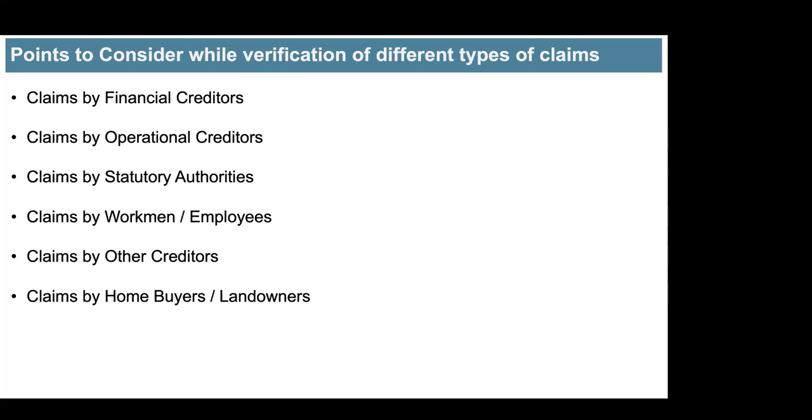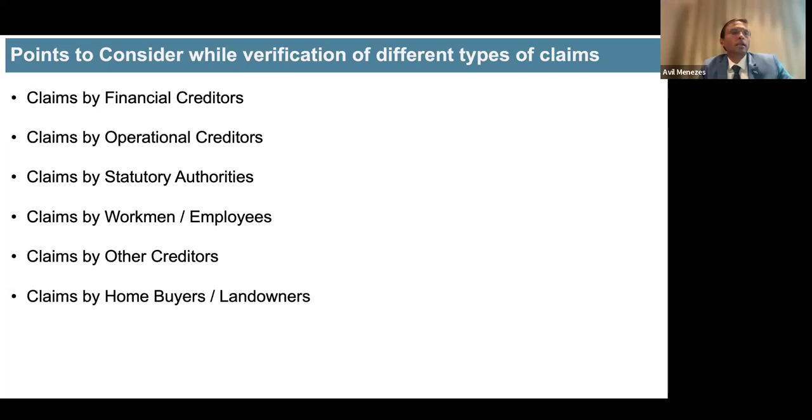Sir, so far as statutory authorities are concerned, like we just discussed, while adjudicating or collating the claim, there should be some documents. Suppose we have a demand notice with us, and the suspended board of directors of the corporate debtor are not available and not in a position to provide any documents. So how can an IP adjust to that, and in the absence of a counter, whether the company has filed an appeal? There are two things, sir.